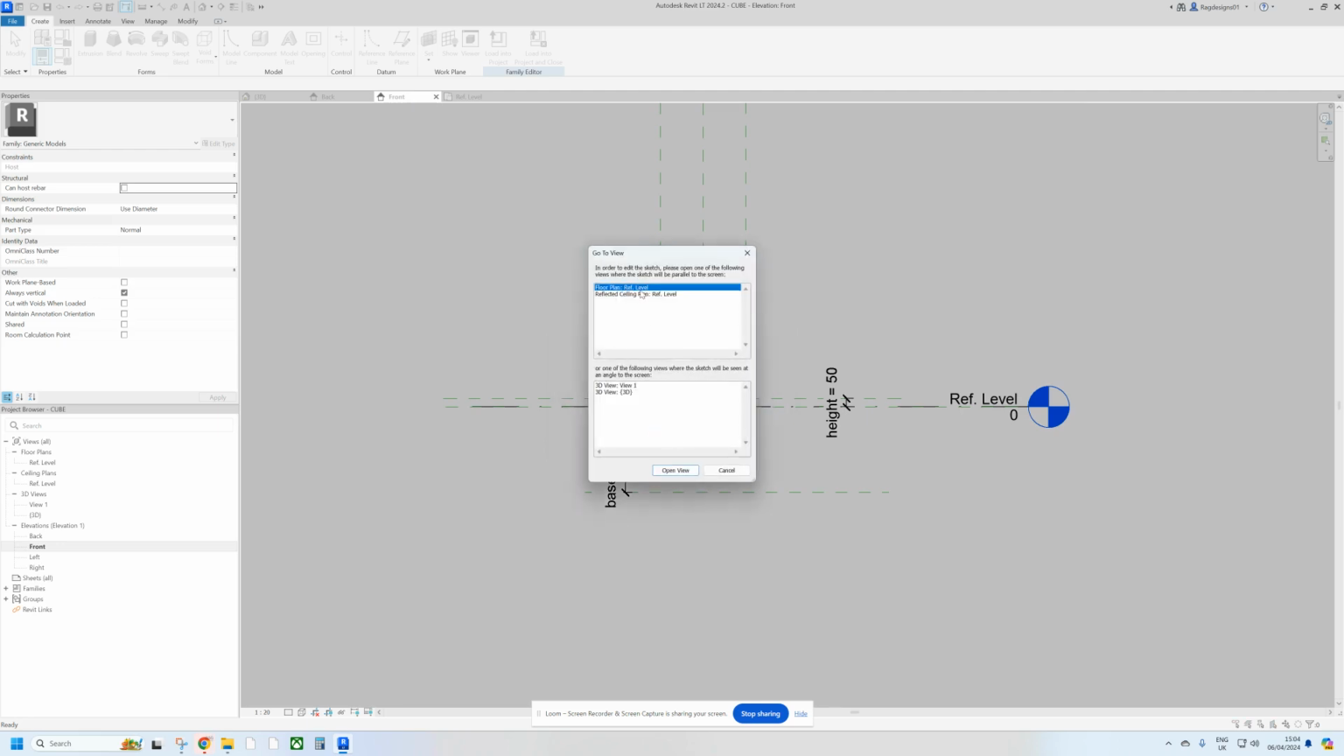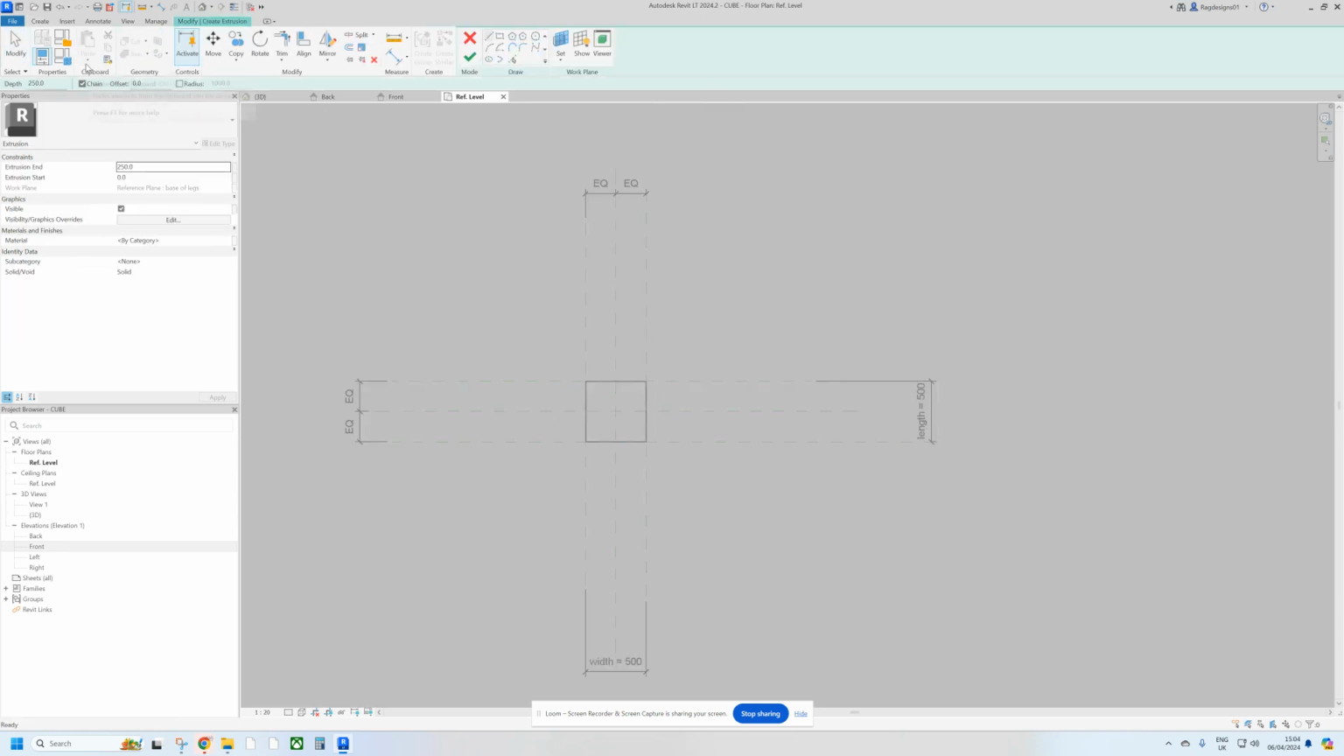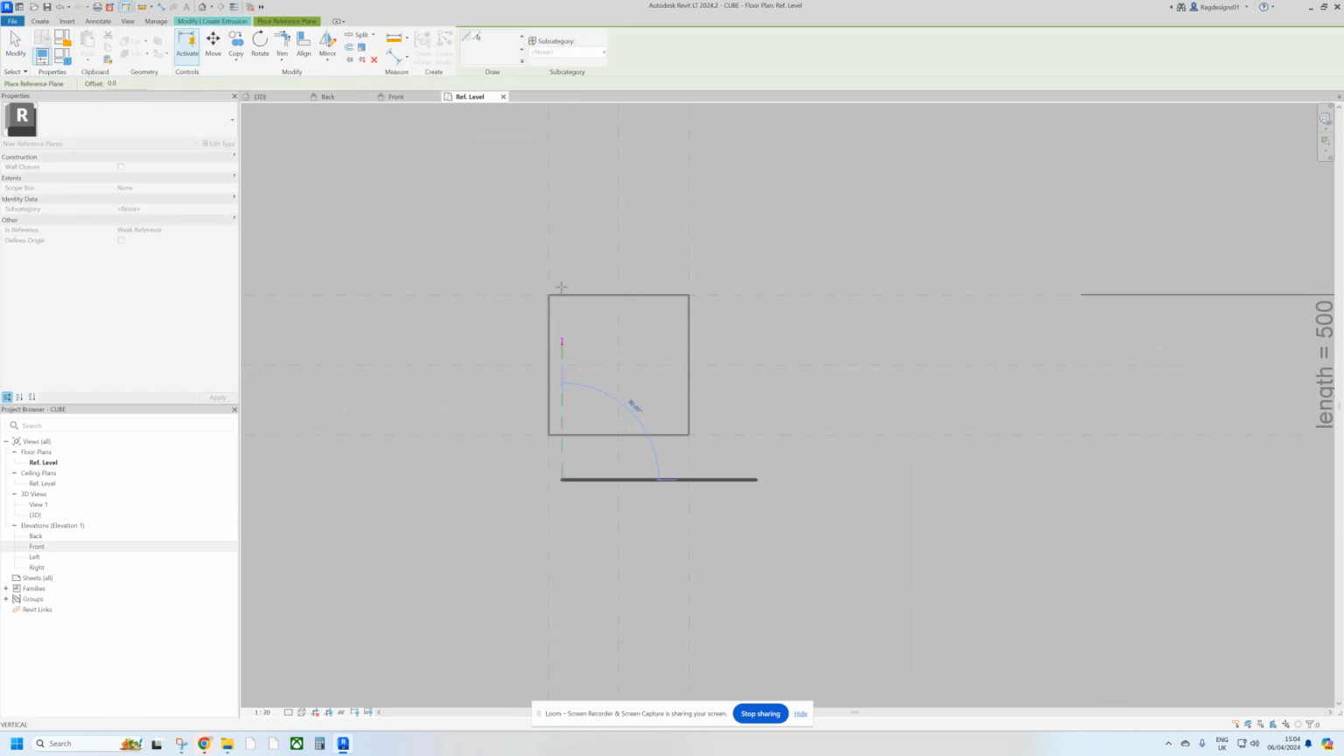And then this asks you what view you want it to be in. So if we go floor plan, reference plane, so it's in a plan view, we're looking down, we see the base of our chair, and we can start adding in some extra reference planes which are going to be for the inset of the legs themselves from the base. So if we add them in as we did before, like that,